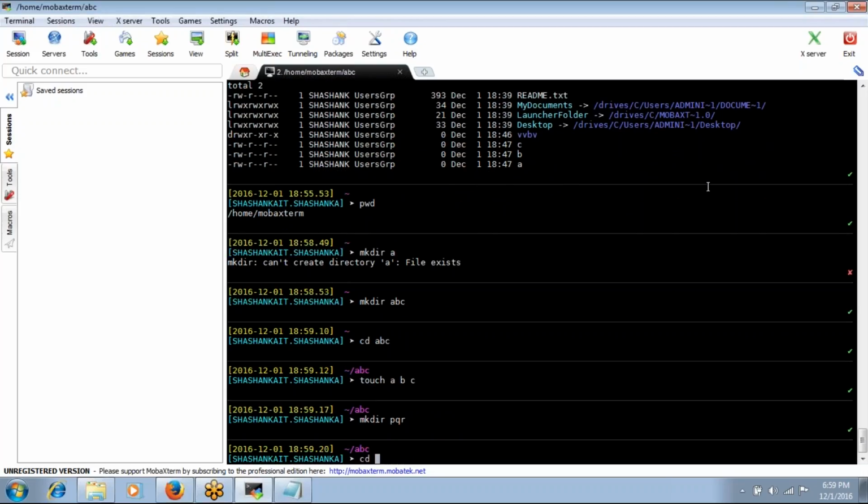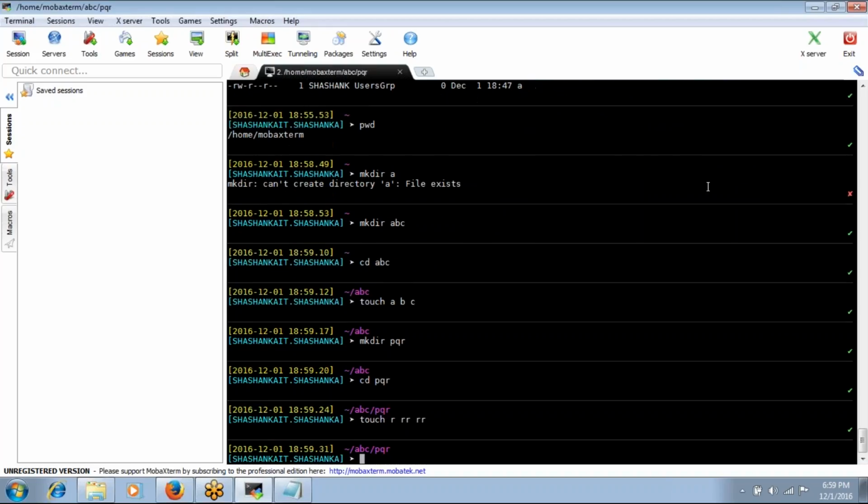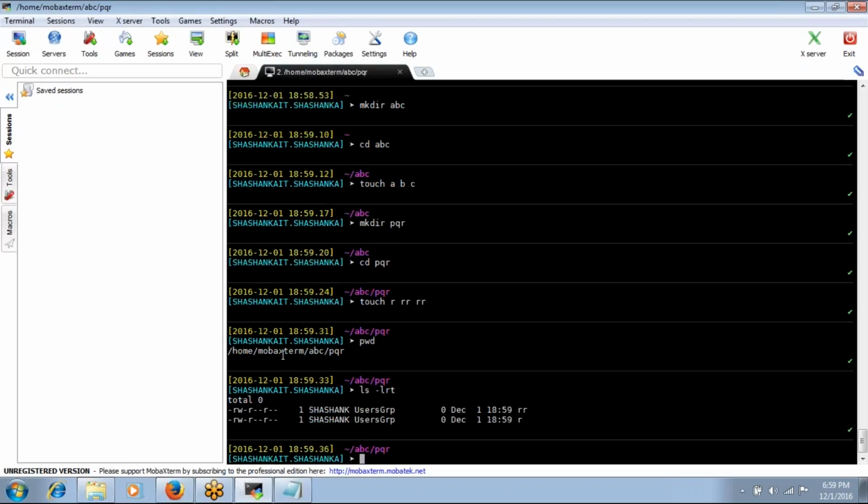Again in the PQR directory I have created files. So if you see the structure, under home mobile external I have the directory ABC. There I have the three files and the directory PQR. Again in PQR I have this file.